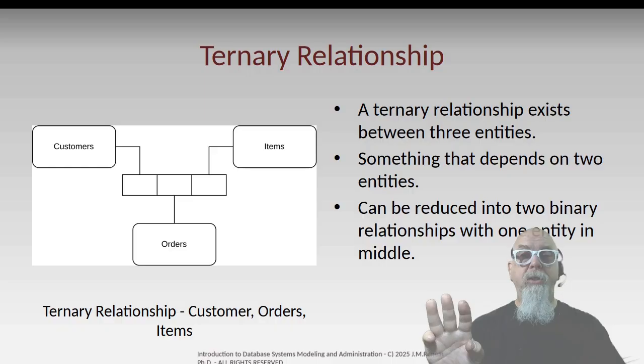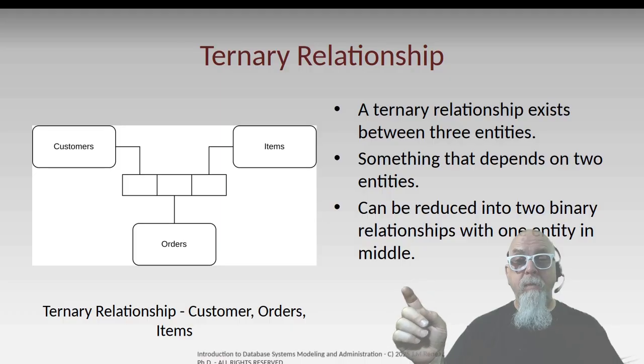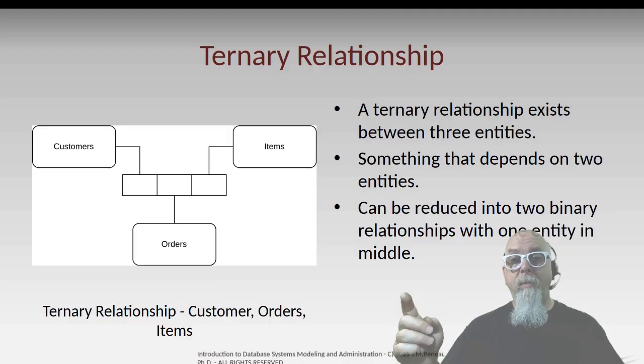A ternary relationship is a relationship that exists between three entities, and it's an entity that depends upon two other entities. For instance, in this diagram here, we can see that instead of using a rectangle in the middle with two boxes, we have a rectangle in the middle with three boxes. And I could have put names in those little boxes to describe the relationship that a customer places orders, an order is for items. So you can see that the relationship isn't directly between customer and item,